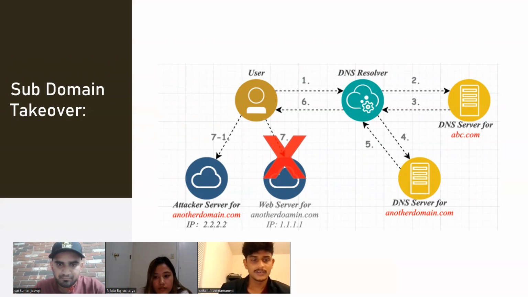The DNS server of another domain will return the IP address 2.2.2.2 to the DNS resolver. Finally, the DNS resolver will deliver its IP address to the user. Then they establish the connection to the attacker server, which is IP address 2.2.2.2 rather than the previous server, which means the subdomain which we used here is the main subdomain,